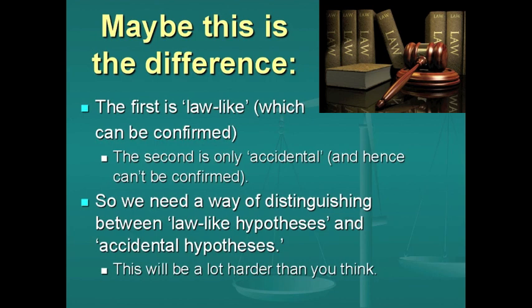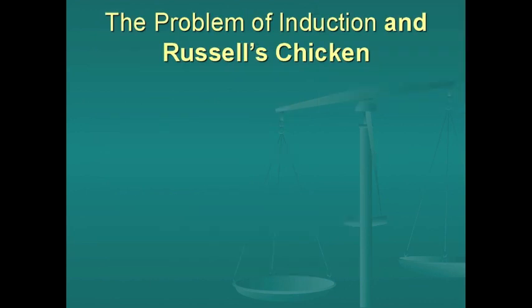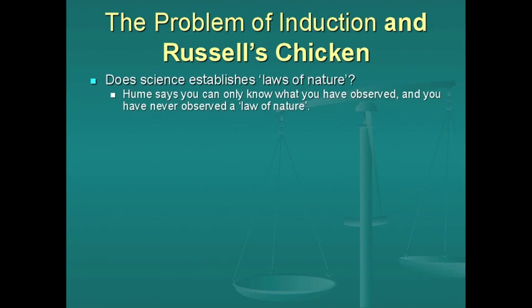Now, this might sound appealing, of course, but if this is what we're going to rest science on, we have to come up with a way of distinguishing law-like hypotheses from accidental hypotheses. And this is actually going to be kind of tricky. This is going to be pretty hard. It's not going to be as simple as saying, well, that's supposed to be law-like and that's supposed to be accidental. We know it when we see it in those two examples, but it's not always going to be that simple. And to illustrate why this is,